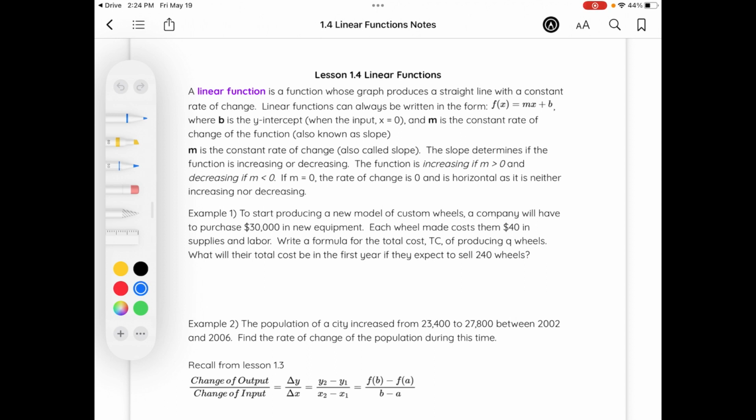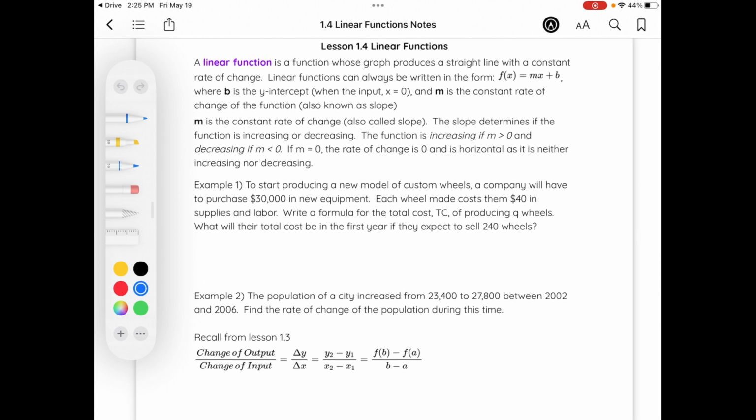In lesson 1.3, we talked about an average rate of change, where if we have a curved type graph, that rate of change or the slope will change based on the inputs that we are choosing. However, with a linear function, we have a straight line that has a constant rate of change, so our slope will always be equivalent. Linear functions can always be written of the form f of x is mx plus b,